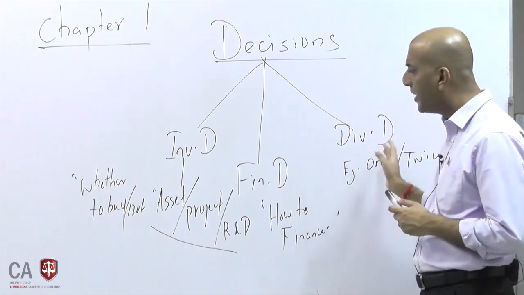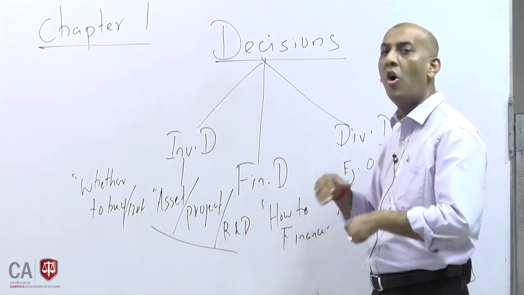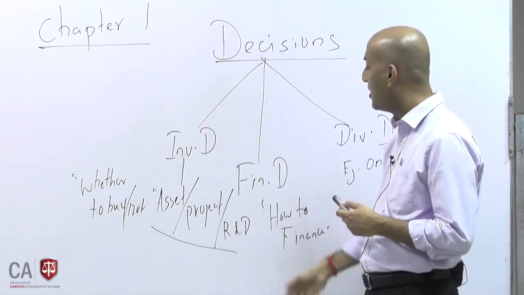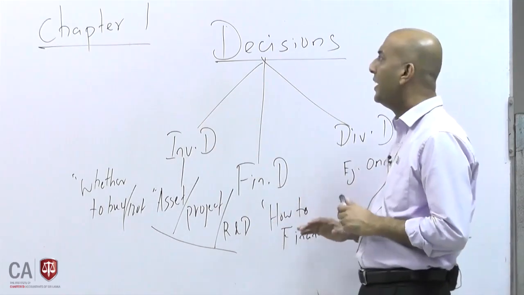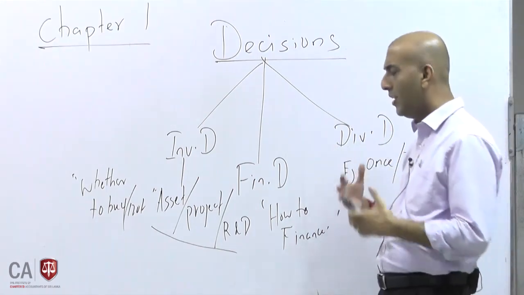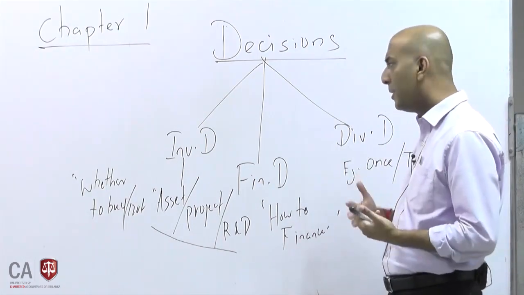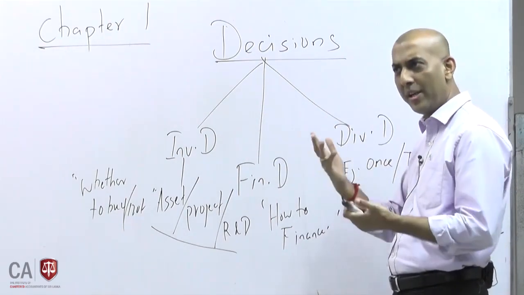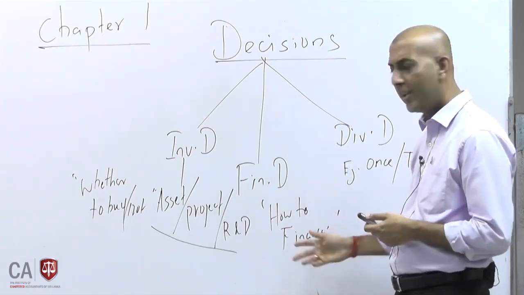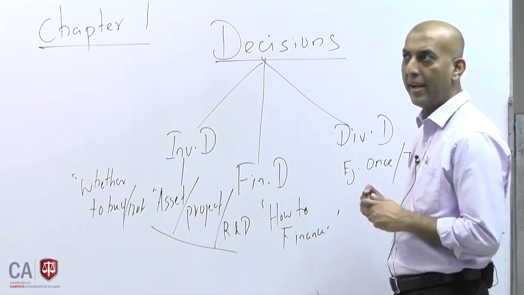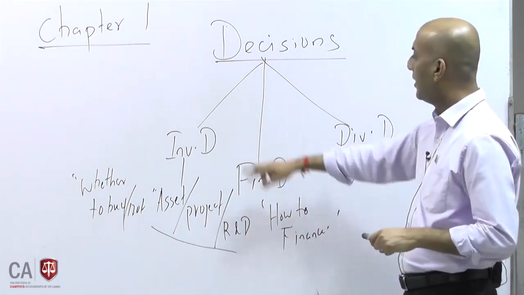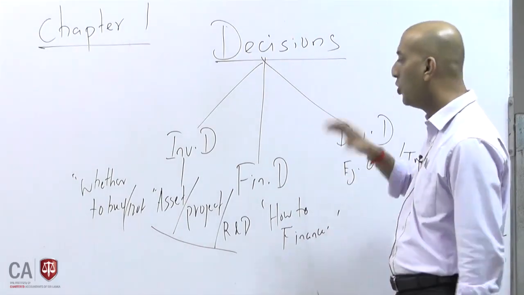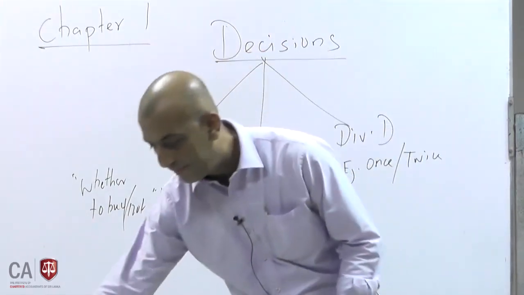So compared to dividend decision, investment decision and financing decision are made more often. The frequency of decision making is not once or twice; many times you make investment decisions and financing decisions. Our syllabus covers many areas and many learnings, but all these three decisions fall into those topics. Everywhere you will be doing either investment decision or financing decision or dividend decision. So keep in mind that in any organization, the finance function involves these three decisions. How frequently you make them depends on the organization, but you are making the decisions.